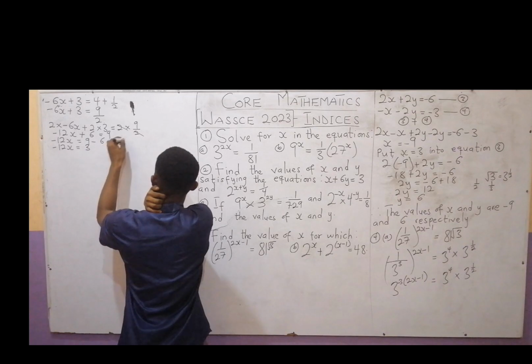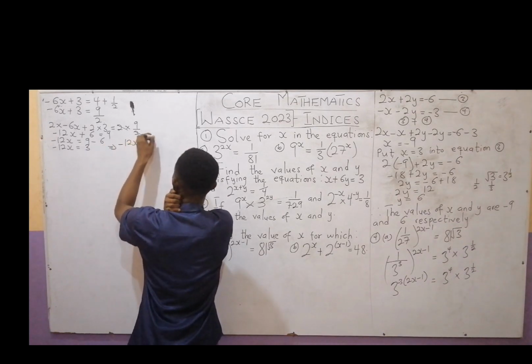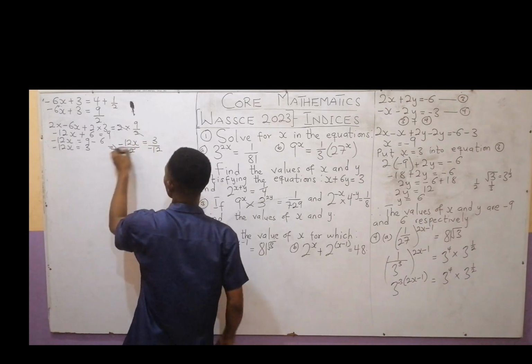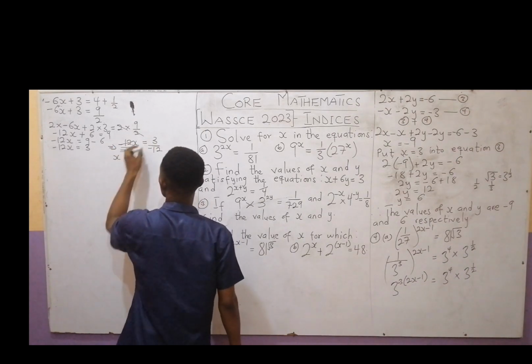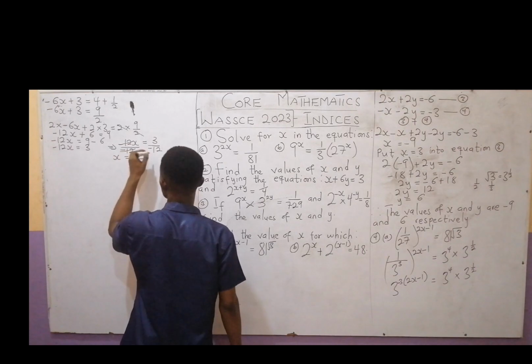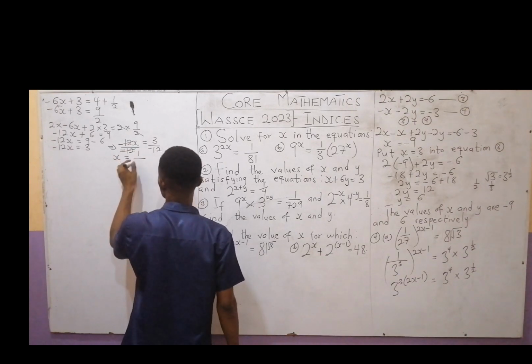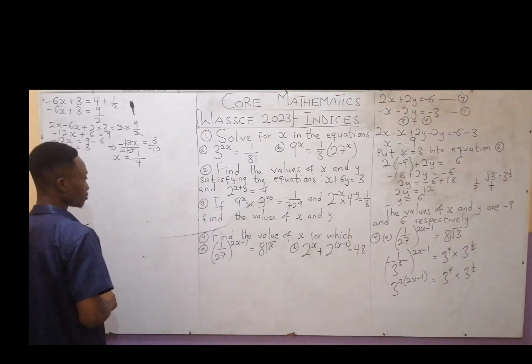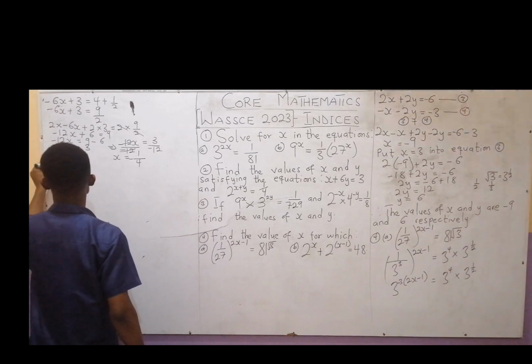So negative 12x, since we want to find x, divide both sides by negative 12. 3 divided by 12 gives 1 over 4. So that will give us negative 1 over 4, or 1 over negative 4. The last and final one,